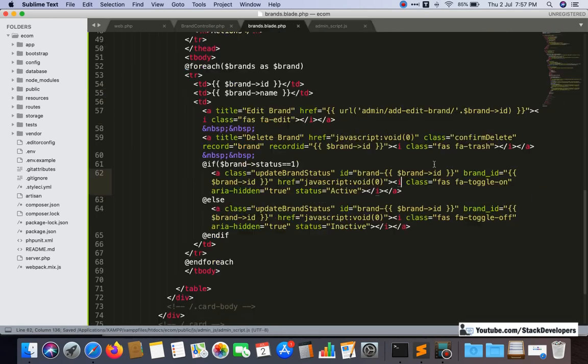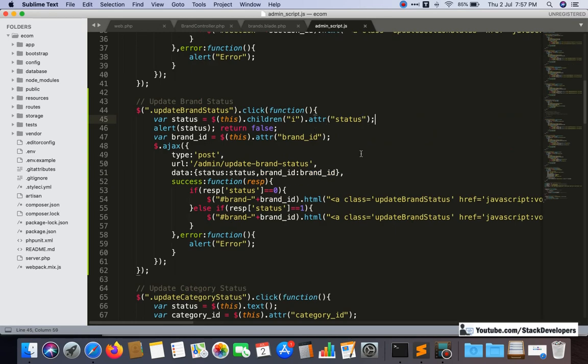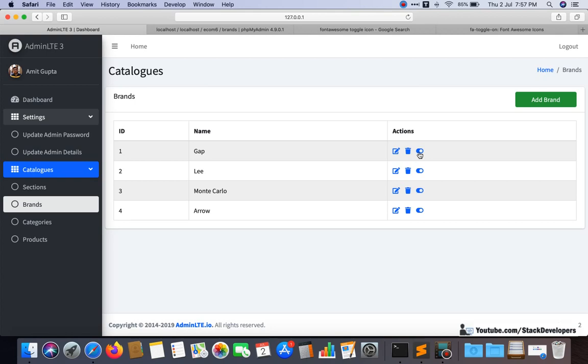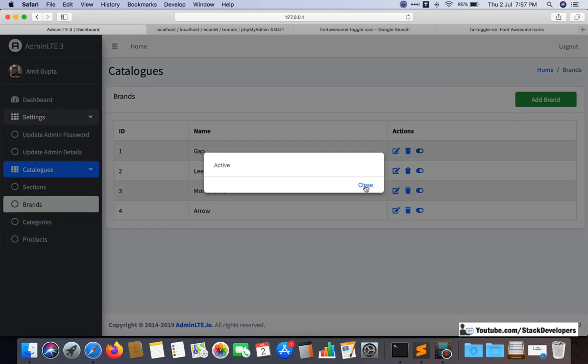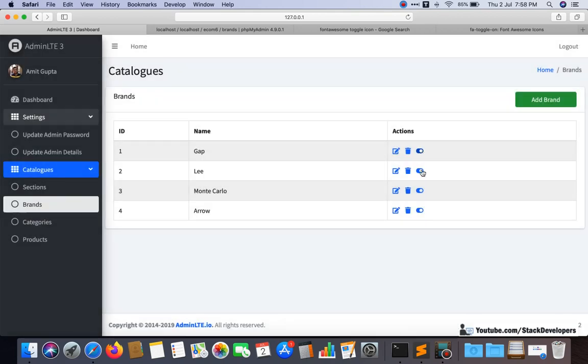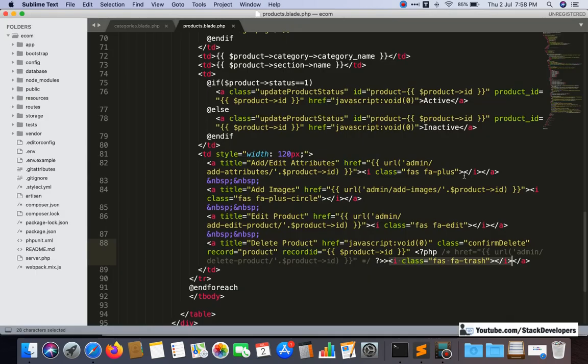We are getting from the I children of this one we are using for the click. On the click we are getting from the children, and from this one we are getting the status, from status we are getting this active. Okay, so now it is fine. Now we can check once again whether we are getting the status or not. Here we are getting active. Now we are getting the status. See here, now we are getting the status.